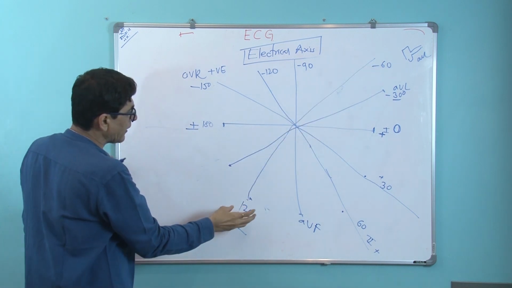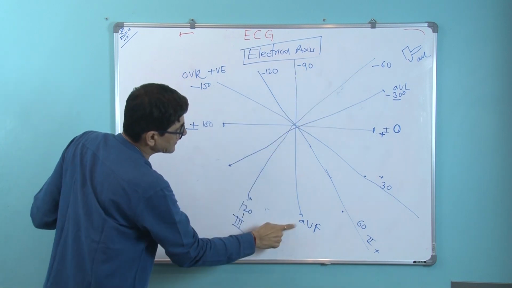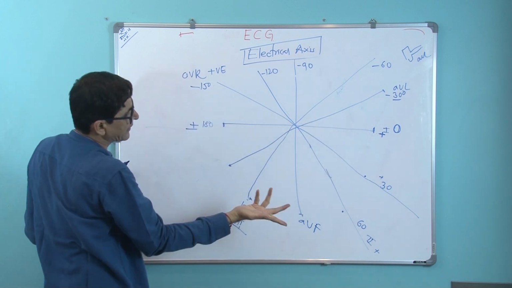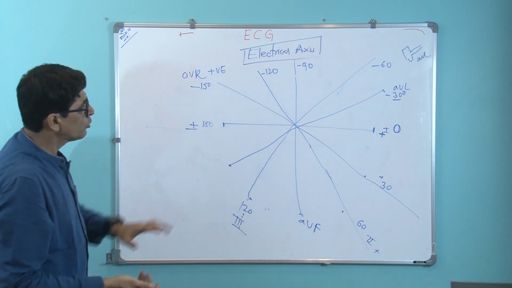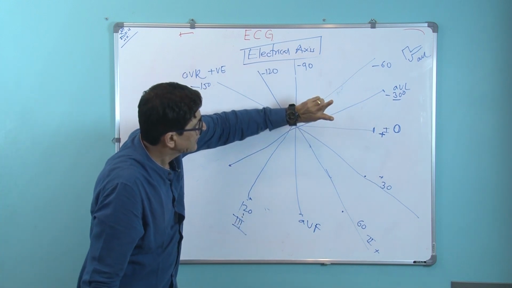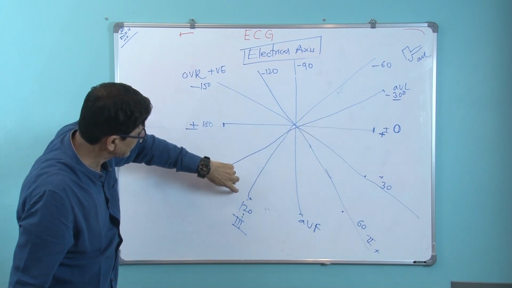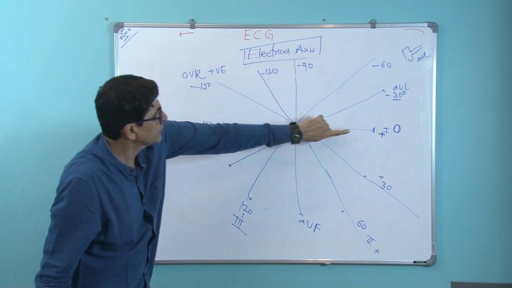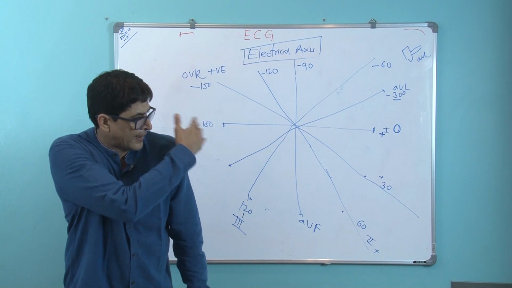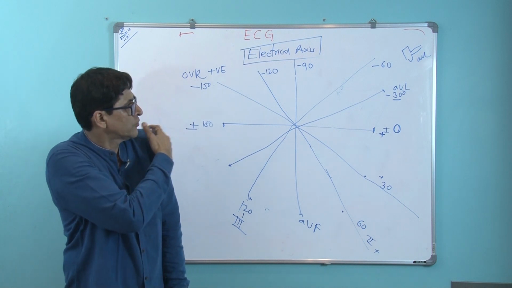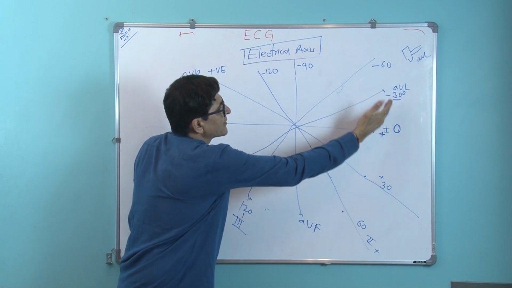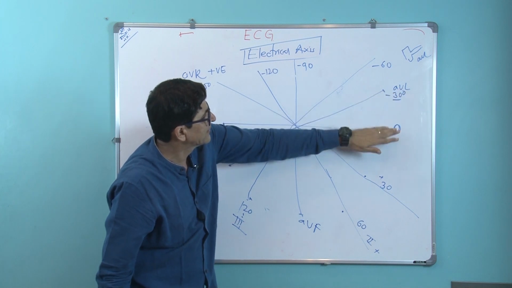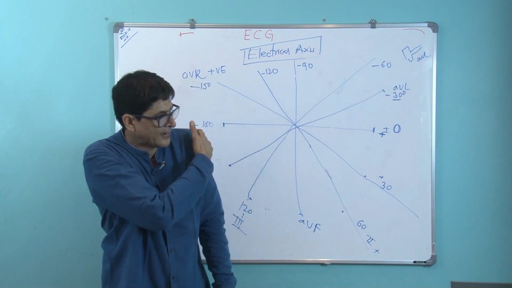So always the total is around 180: 120 plus 60, 90 plus 90, 180, 0 plus 180, 180, 30 plus 150 is 180, 60 plus 120, 180. So remember only 3 leads, first, second, third, which are at 60 to each other. And the left side is this. So just above first, see, L is first. So left, it is very close to first. So you should not have difficulty in putting AVL at minus 30. First AVL, they are lateral leads, lateral.